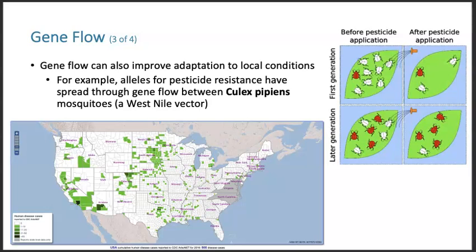there are alleles for pesticide resistance in a mosquito called Culex pipiens. And I'm using the same diagram that I used for when we were discussing the insecticide resistance for the fruit flies. It's the same concept. But this time we're talking about a mosquito, and this mosquito is a vector or carries the West Nile virus. So